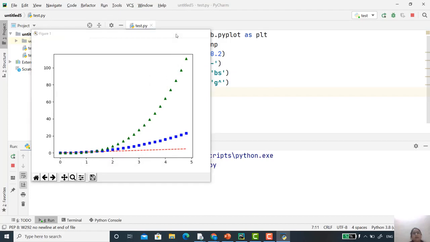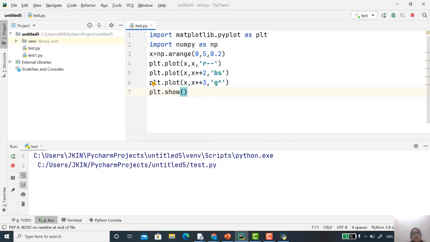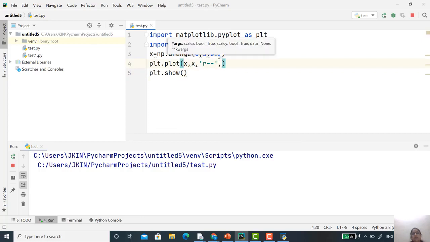Now here, instead of these three commands, you can generate the same graph using a single command. That means, see here, you need to specify, this is for y equal to x. Now suppose you just write y equal to what? It's x square.